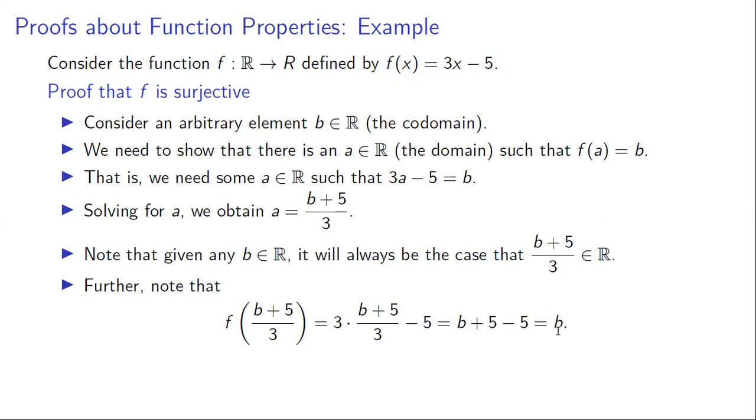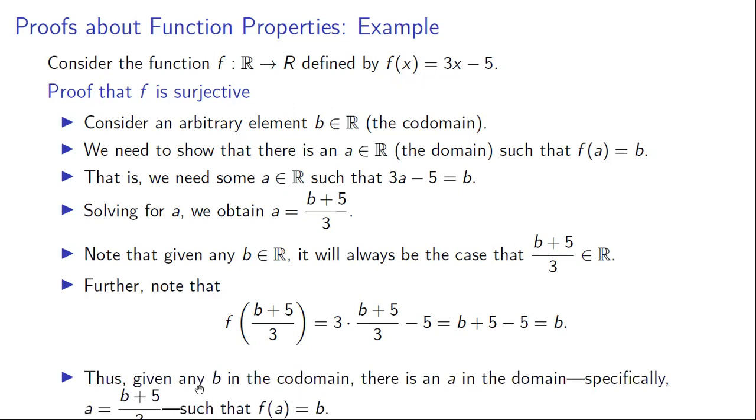But our reasoning was not specific to a certain value of b. It didn't just work when b is equal to 17 or b is equal to 73; this reasoning works for every possible value of b. So take any b in the codomain, this reasoning will work. Take any b in the codomain, if you do f of (b plus 5) divided by 3, you'll get b. Thus, given any b in the codomain, there is going to for sure be an a in the domain,